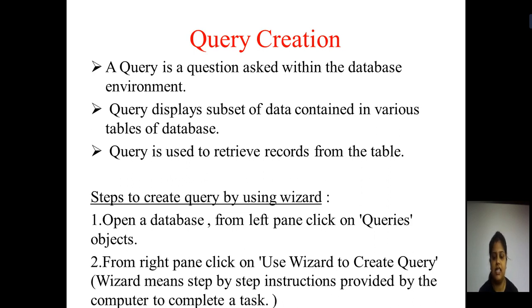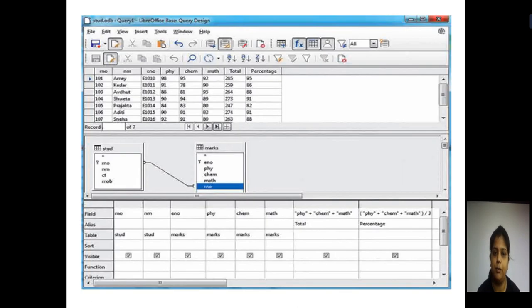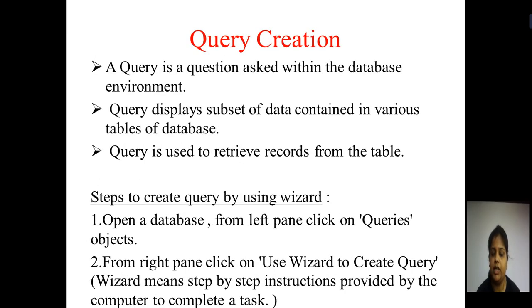Now next we will see what are the different steps for creating a query by using the wizard. Okay, by using the window of query, how to create the query for a particular record display, that we are going to study. When we do it practically you all will understand it in detail, but now you just have to keep in mind the different steps which we will be following for creating a query by using the wizard. So in the next lecture we will study how to create a query and how to have the different relationships shown by using the query and fetch or retrieve a particular record from the database.